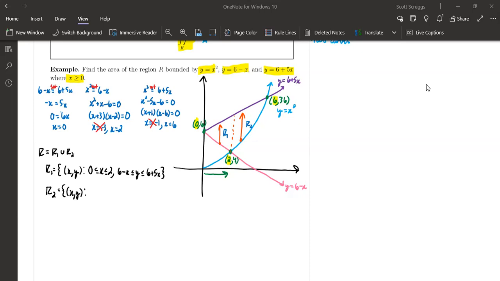So if x is going from point to point, x is going from 2 to 6. So because of that, in R2, x is going from the point 2 to the point 6. And now, writing with respect to y, we have